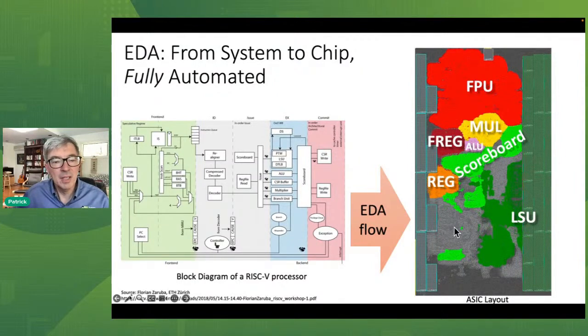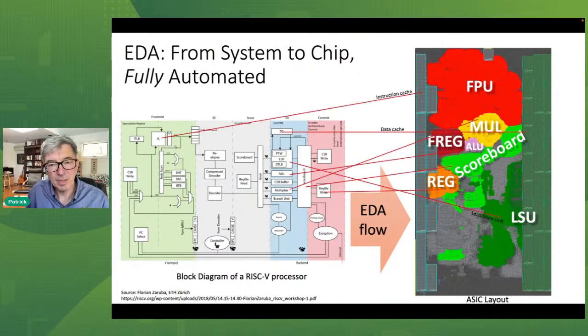RISC-V processor. And you see that in the hardware, you can somewhat identify where the original blocks went, but a lot of the structure got lost or got mangled, and there are reasons why that is the case. So here I drew some lines. The instruction caches are the large blocks on the left. Those are pieces of memory. The data cache is on the right here, and then all the other parts like the multiplier and floating point unit